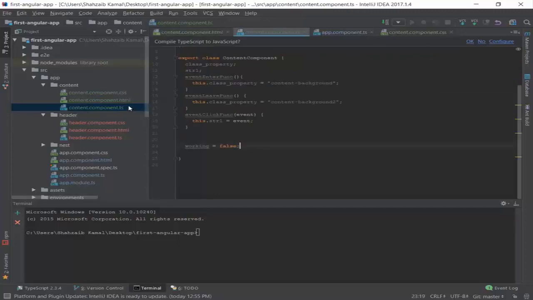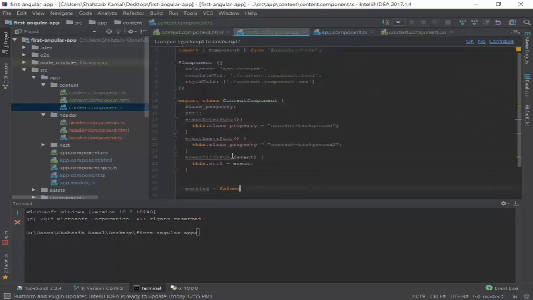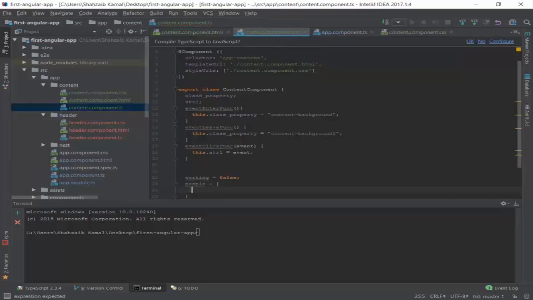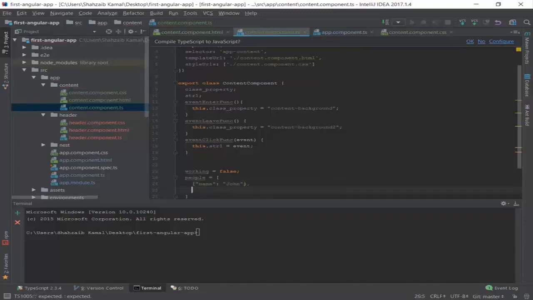I'm going to the component in here. We're inside the export class. Don't forget that we are inside the export class. There, inside this one, I'm making a new thing. I'm making an object, people, equal to, and it's a multi-dimensional object. Actually, we need to put a few things here, the curly braces, and inside the curly braces I'm putting name, and the value for the name, the first name is John, and the comma and line break, and going down, and again the same logic,